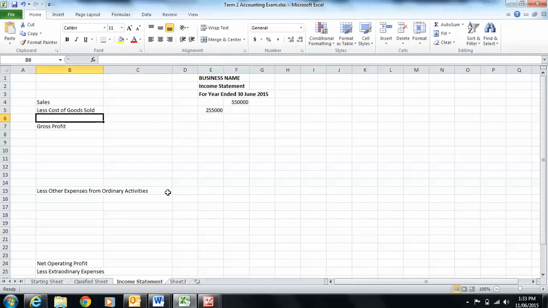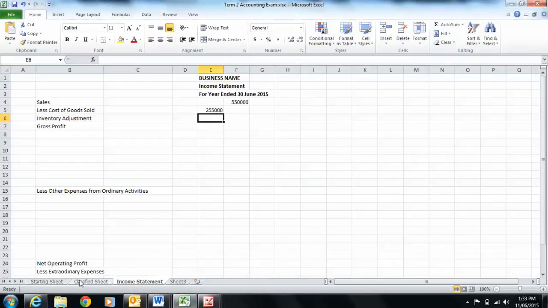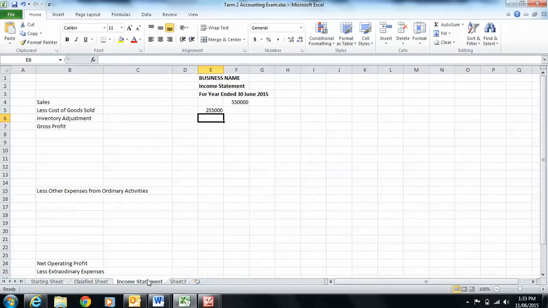And we have to include our inventory adjustment, because that's one of our expenses that relates to the cost of goods sold. So if we have a look, it's one of those ones we did down the bottom, $1,500. And our total there is $256,500